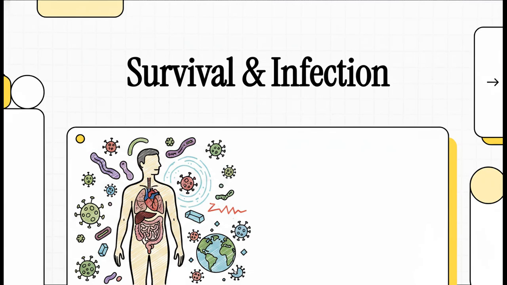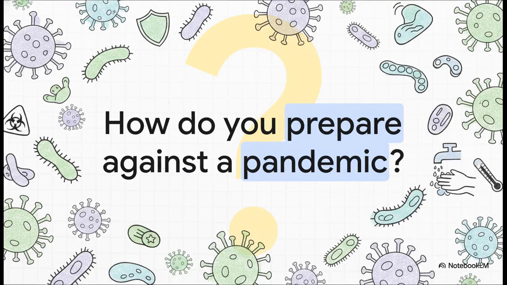All right, welcome everyone. Let's dive right into this explainer on what I like to call the epic, ongoing evolutionary arms race between us, humans, and pathogens. Today, we're tracking how the microscopic world literally shapes our global future. So whether you're studying health, science, or even economics, understanding how human survival intersects with infectious diseases is absolutely foundational. We're going to break down how infections actually start, how our bodies fight back, and what happens when those vital defense systems fail.